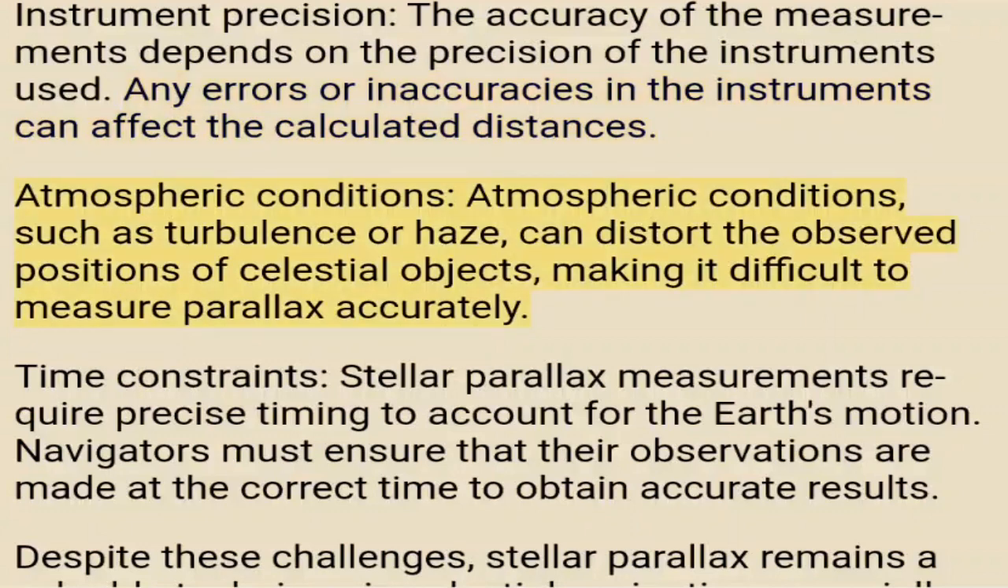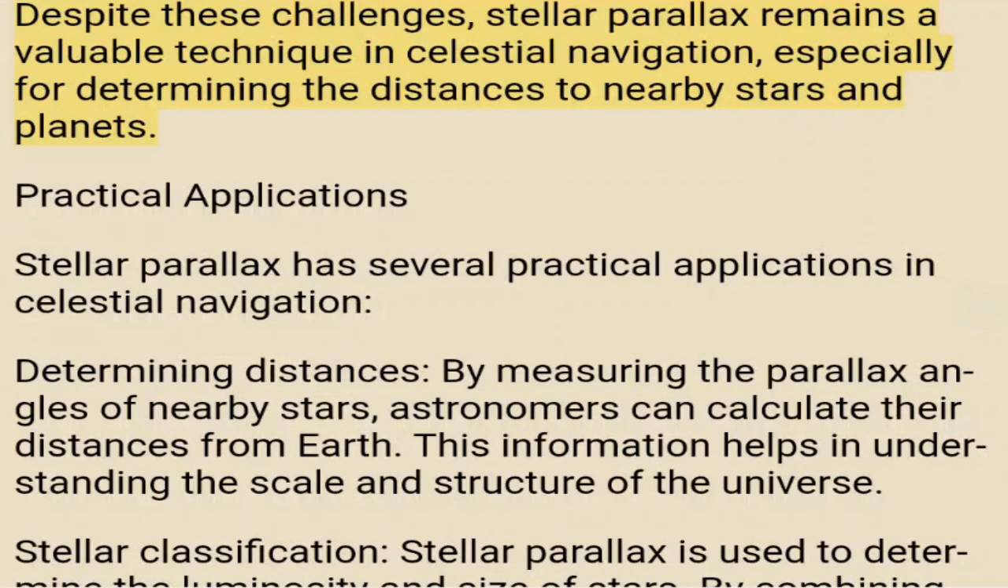Atmospheric conditions. Atmospheric conditions, such as turbulence or haze, can distort the observed positions of celestial objects, making it difficult to measure parallax accurately. Time constraints. Stellar parallax measurements require precise timing to account for the Earth's motion. Navigators must ensure that their observations are made at the correct time to obtain accurate results. Despite these challenges, stellar parallax remains a valuable technique in celestial navigation, especially for determining the distances to nearby stars